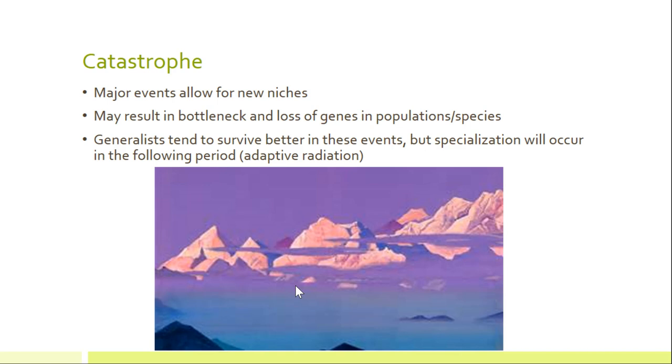And then something else is that generalists during catastrophes, generalists are organisms that can access lots of different food sources. Okay, so like humans are generalists, coyotes, raccoons, right? Hummingbirds are specialists because they can only do the nectar. Generalists will survive better. Okay, panda bears versus black bears. Black bears are thriving, panda bears are endangered. Panda bears eat only bamboo, black bears will eat everything that they can get their paws on and stick into their faces. Okay, generalists will survive, but specialization typically occurs in the period following a catastrophe.